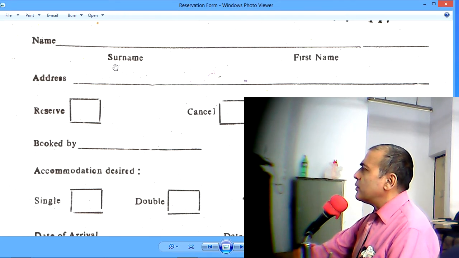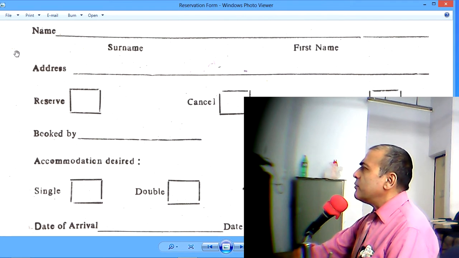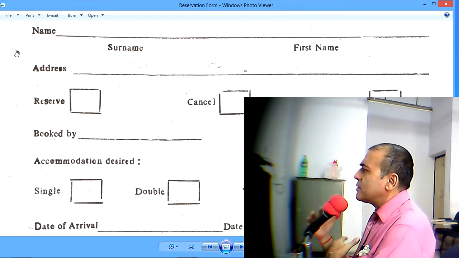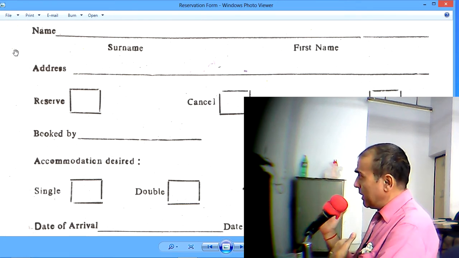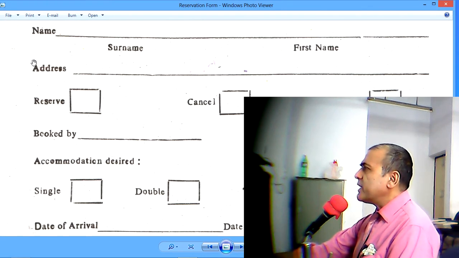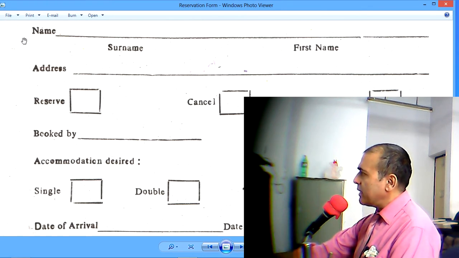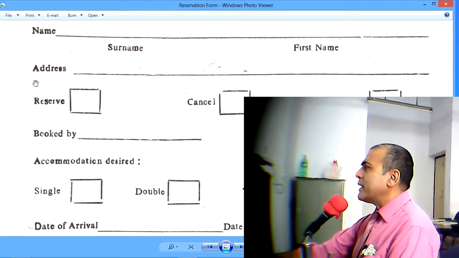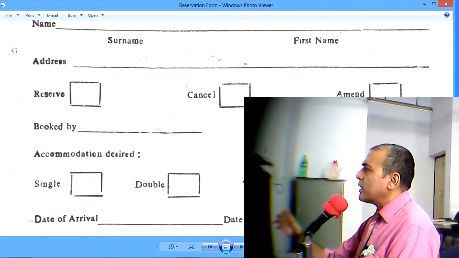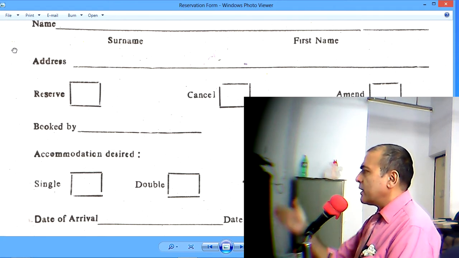If you notice, we have surname first, the surname here, and then the first name. In hotels we sort names by surname because surnames are easier to locate, they're also more familiar. The number of first names is much greater, much larger. So it is more convenient to locate a guest by their surname first. And this also helps us in that all these surnames get accumulated together when we are recording data.